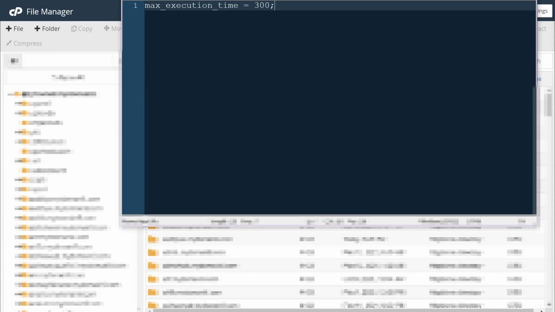One important thing that I'd like to highlight is that many hosts do not allow you to directly access the php.ini file, especially if you are on a shared hosting environment. So what you can do, in that case, is contact the hosting provider. That is step number 1, or follow the other steps that I'm going to show you just after this step.